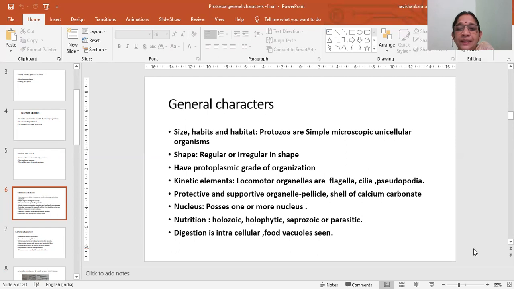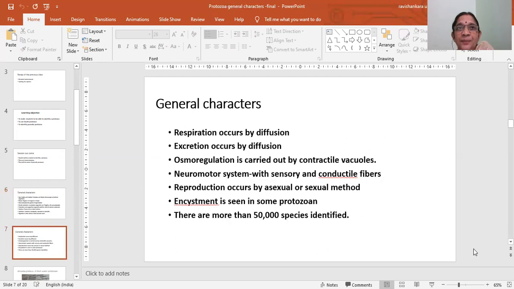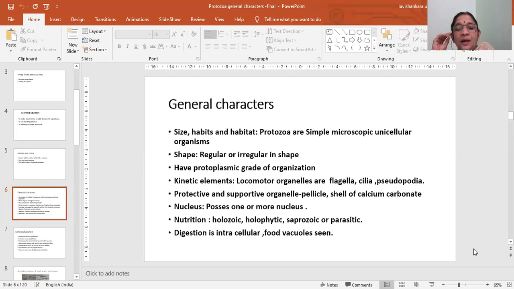Now they have certain protective structures supporting the cell organelle, like a pellicle, as we have mentioned. They have a pellicle or calcium carbonate covering the cell. Now we will come to the inside of the cell. The protozoan cell is organized with a well-defined nucleus, which is called the true nucleus or eukaryon, and it is covered by a nuclear membrane. The number of nuclei varies in different species of protozoa. It may be one normally, or two, or sometimes many in certain animals which show multiple divisions of the nucleus.